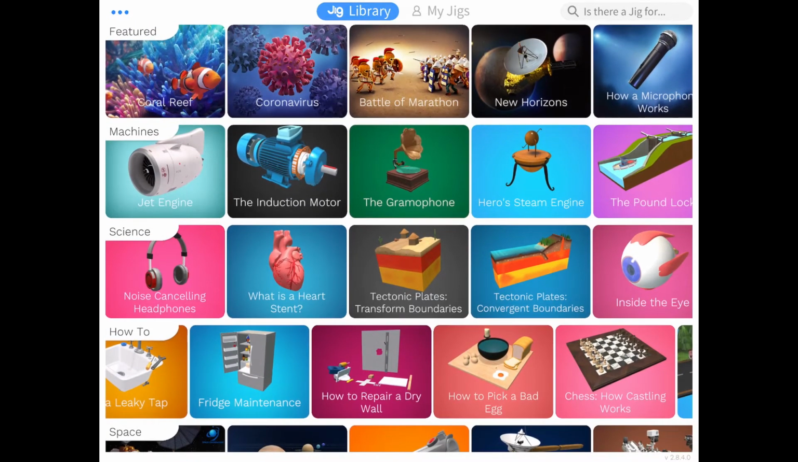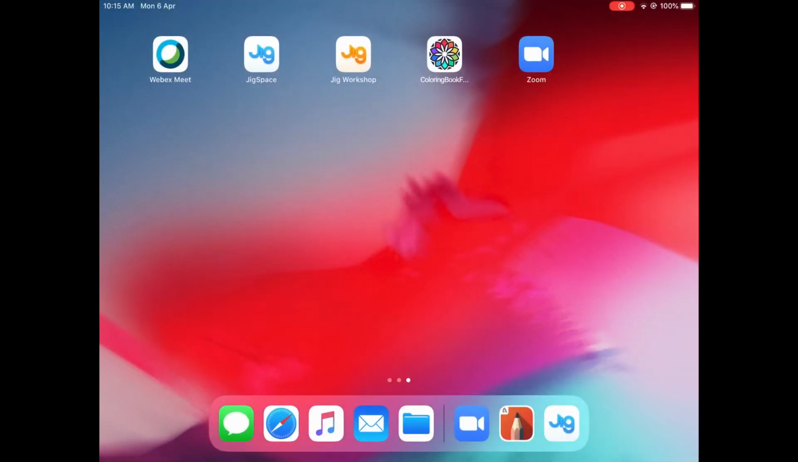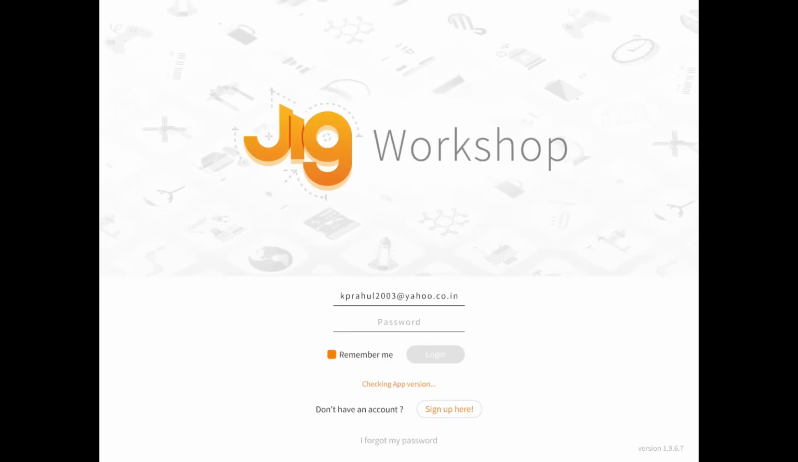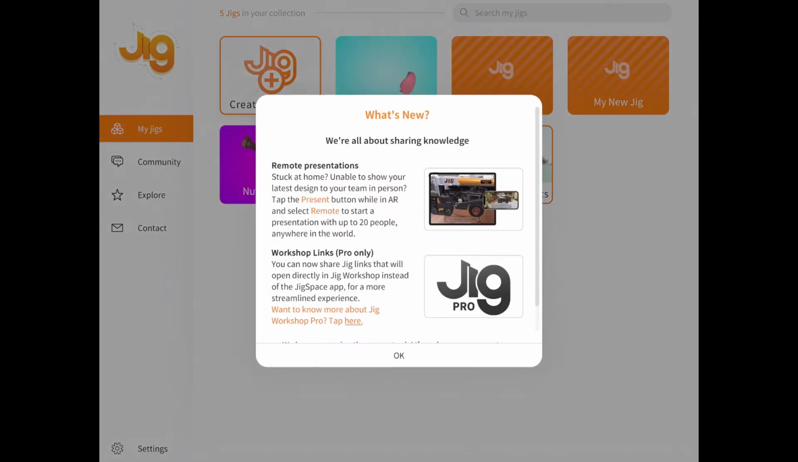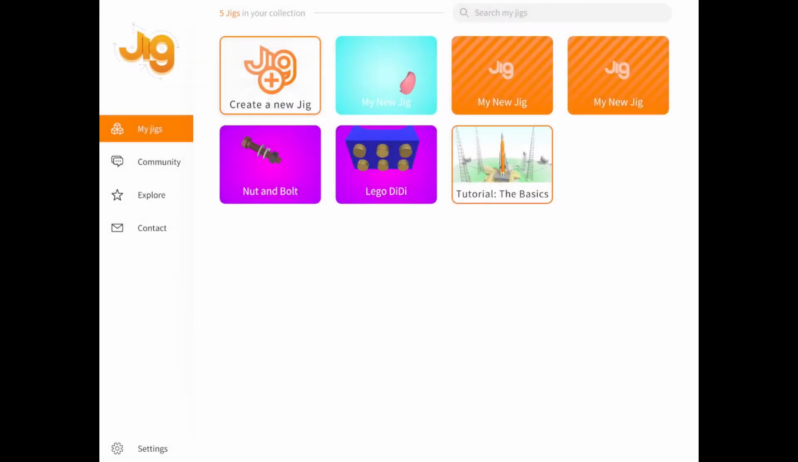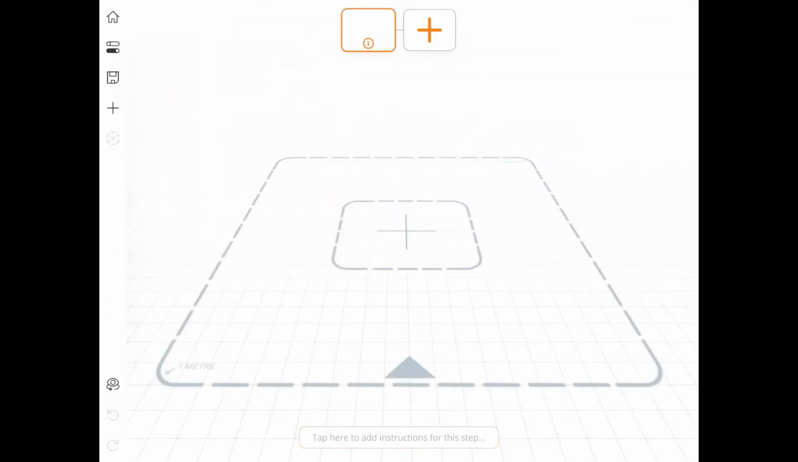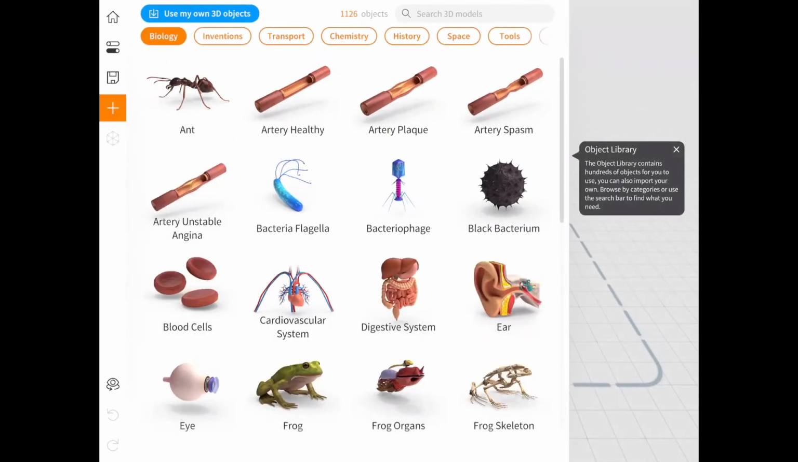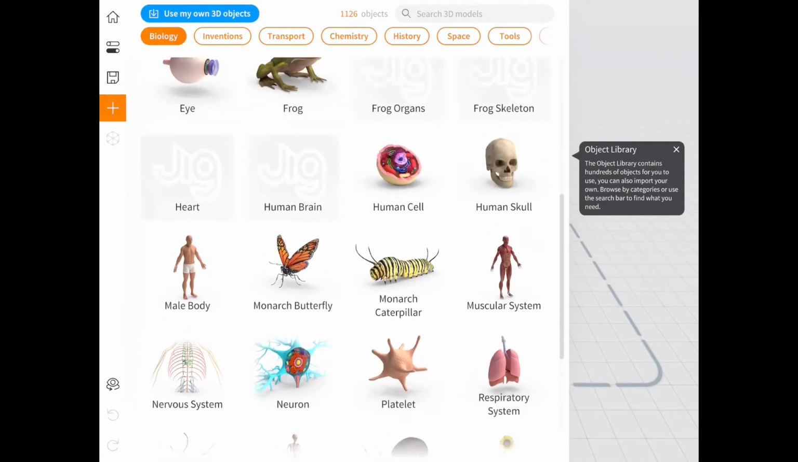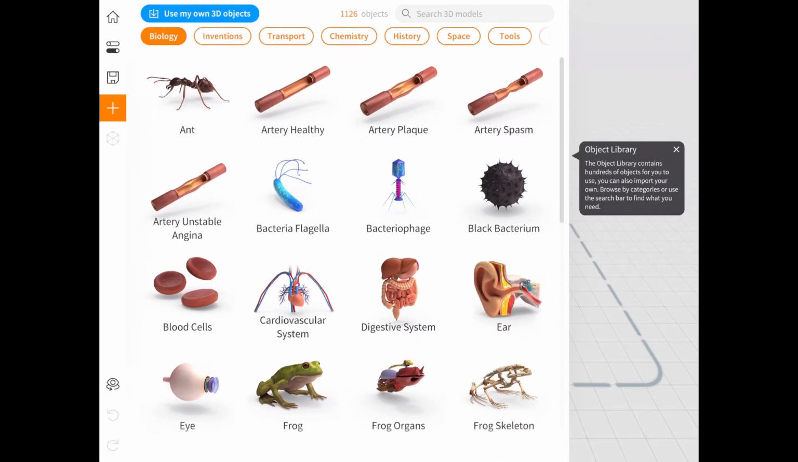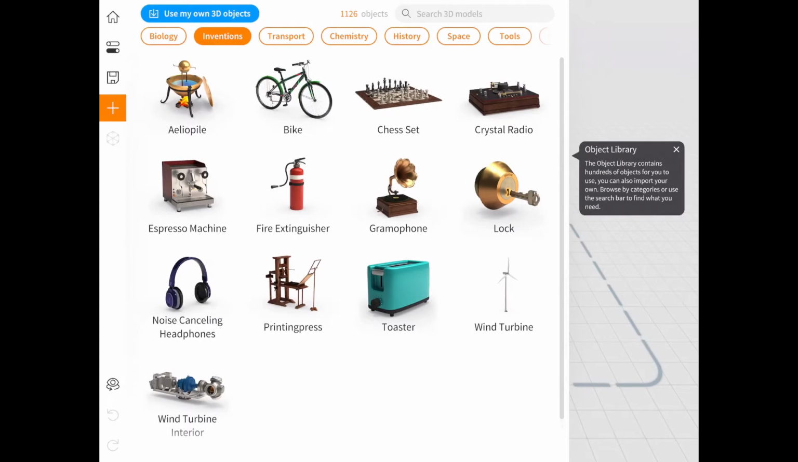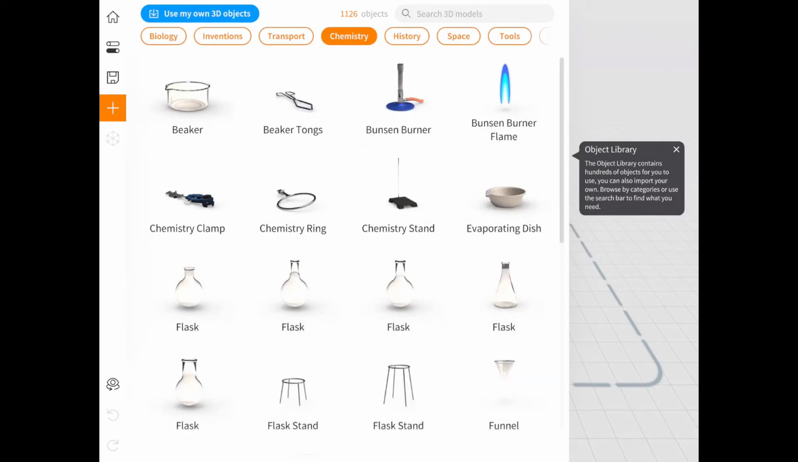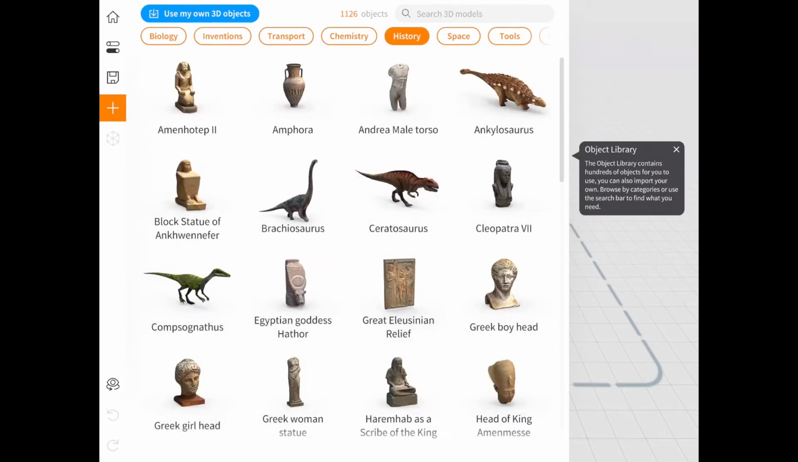Okay, for that purpose we have Jig Workshop. Let it open. Jig Workshop is the app where we can create your own jigs. Okay, let's say you want to create a new jig. You can add a jig, you can press on plus, and you can find a lot of preloaded 3D models here. Inventions, transport, chemistry, history, space,